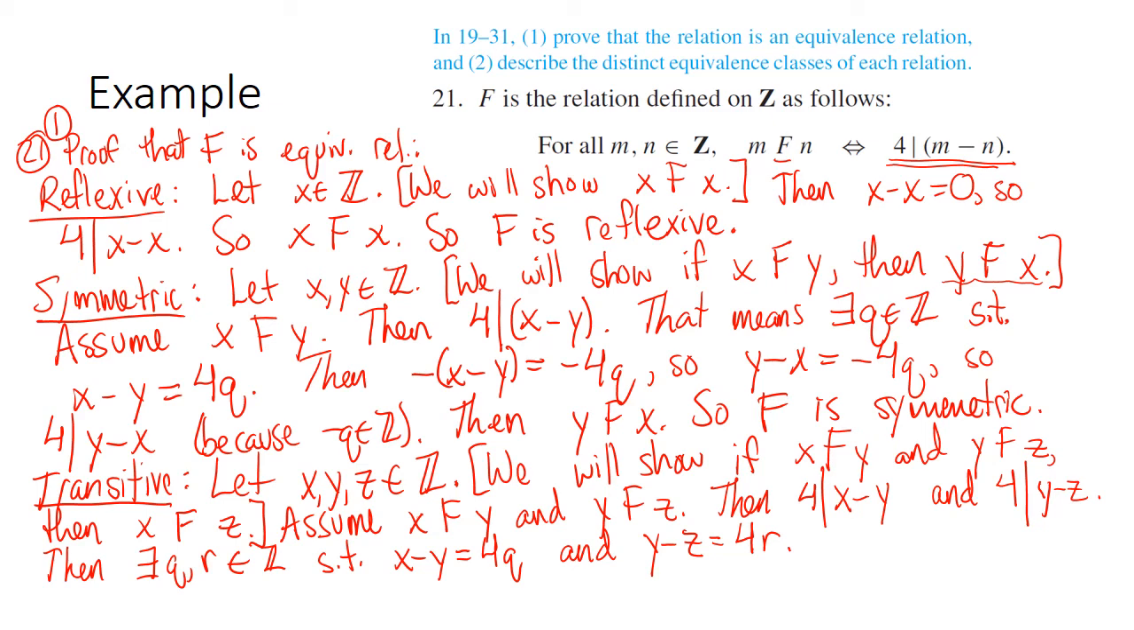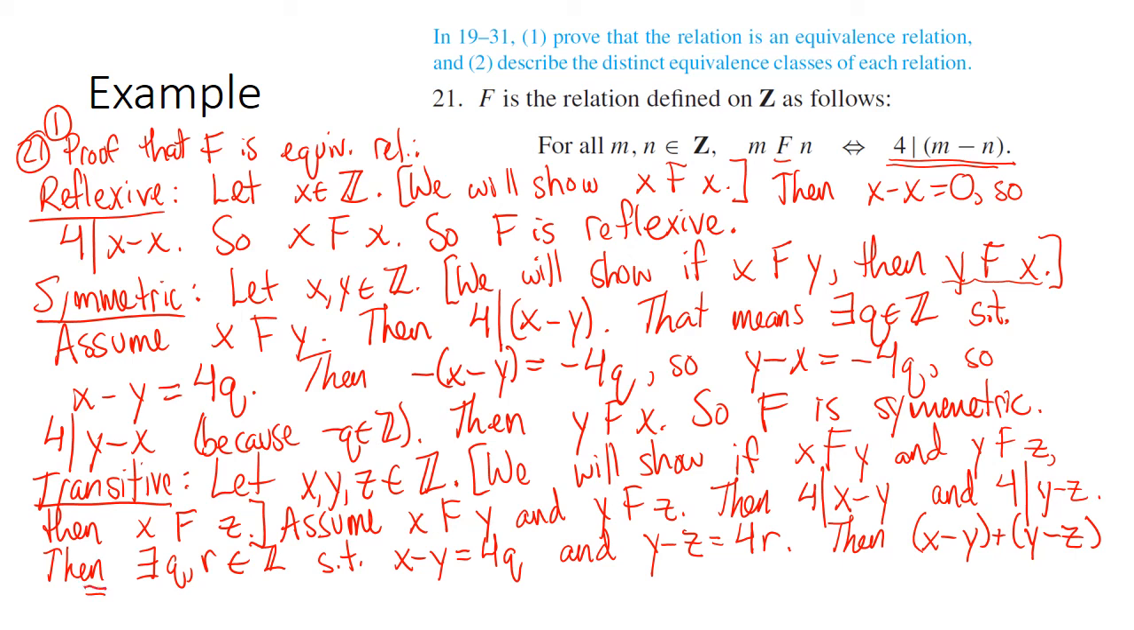So then I need to show that x is related to z. In other words, that x minus z is also equal to 4 times some integer. So how you can actually get x minus z to appear from these two equations is just by adding them together. So I'm just going to add the two equations together. So then x minus y plus y minus z. So I added the left-hand sides, equals, and now I'm going to add